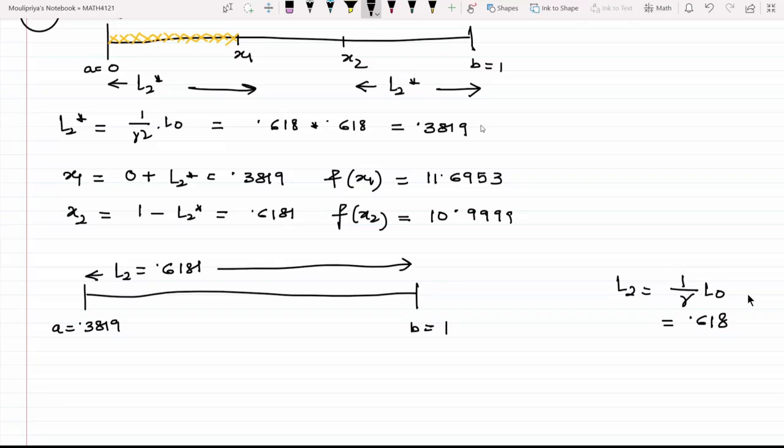So we can check at every step just to be sure whether your calculations are going in the right track or not. Otherwise you can skip this calculation that I am matching at every step, but if you do it you will be doubly sure that your calculations are going in the right track. So we have x3 and we have x4. Then this is my L3 star, this is also my L3 star.